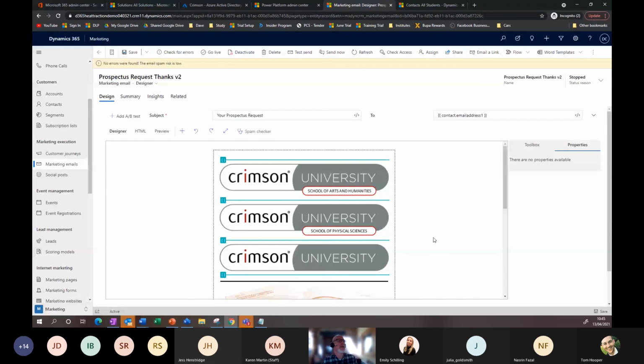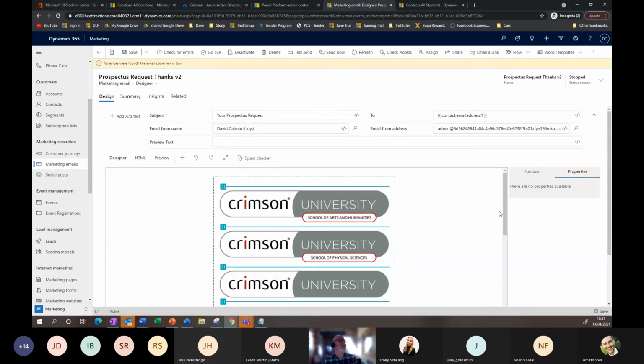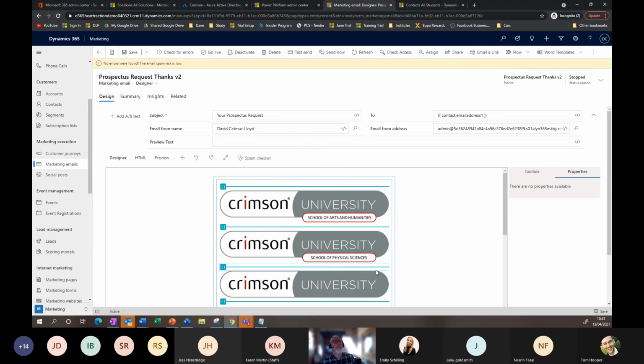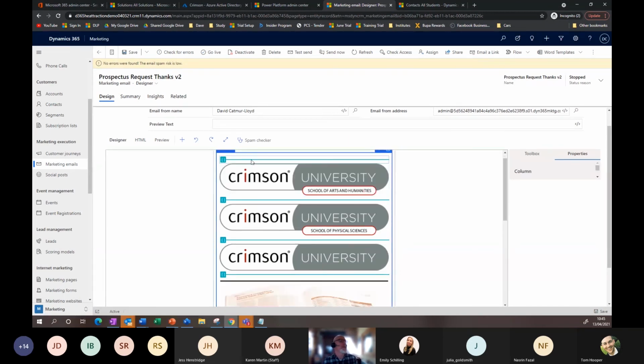Again, from a personalization perspective, you can see there's actually a lot going on in terms of how we personalize it. Here you can see I'm putting in the contact's email address, and these little symbols here are how we link that information in. This is where we can add dynamic content. Here I'm looking at the contact's email address, and that's what's been added in at that point. And those things we can build in at all sorts of different stages. So if I go into here,